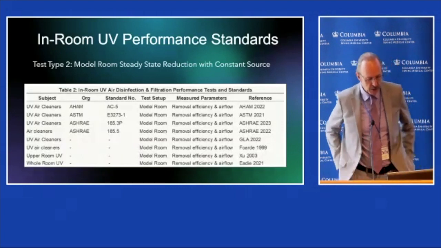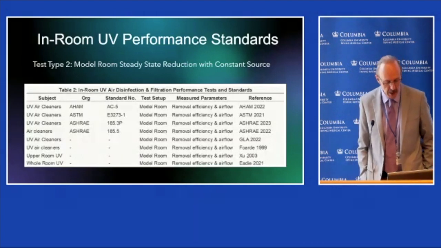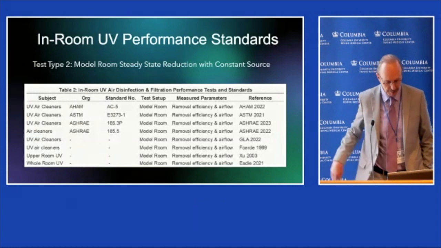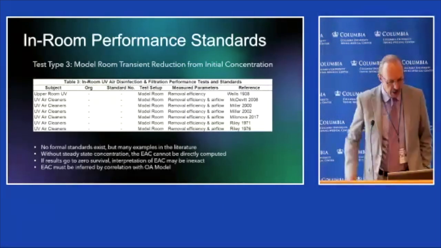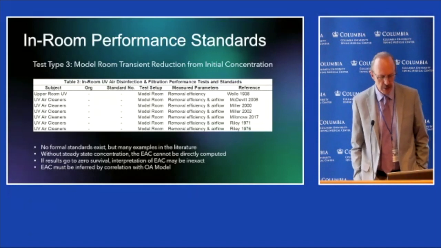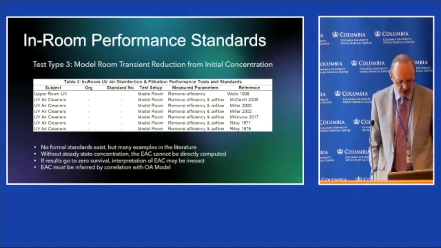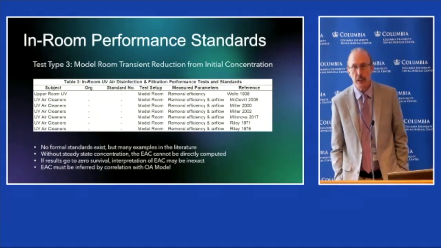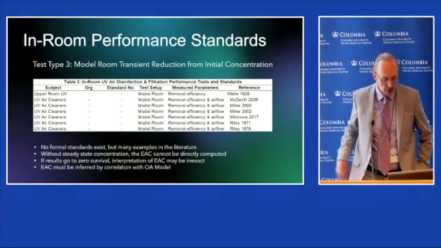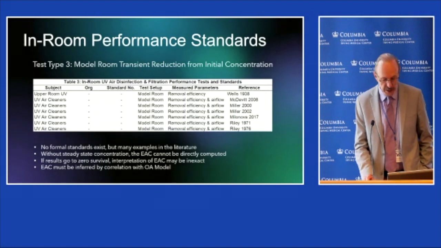Now, in-room UV performance standards. We have AHAM for testing consumer products. We have ASTM and also the new ASHRAE standard for measuring in-room performance of any type of system. We don't have a real transient reduction test, although the previous tests can be used in that fashion. But we don't have a formal standard for it. Without a steady state concentration, some of the tests we're seeing go to 0, and that doesn't compute. So we need it to go to steady state concentration, and we need to corroborate the EAC from this type